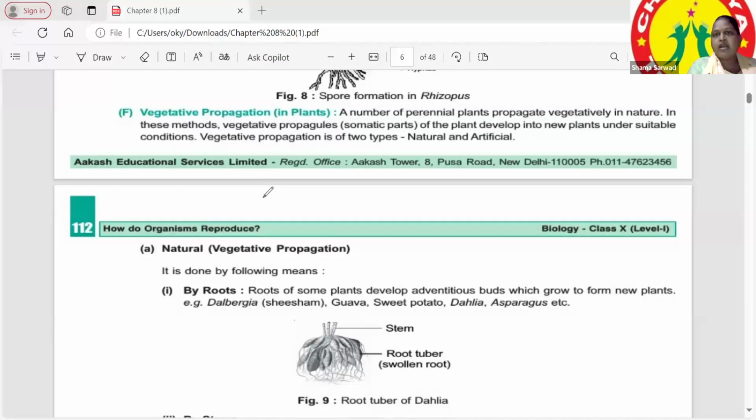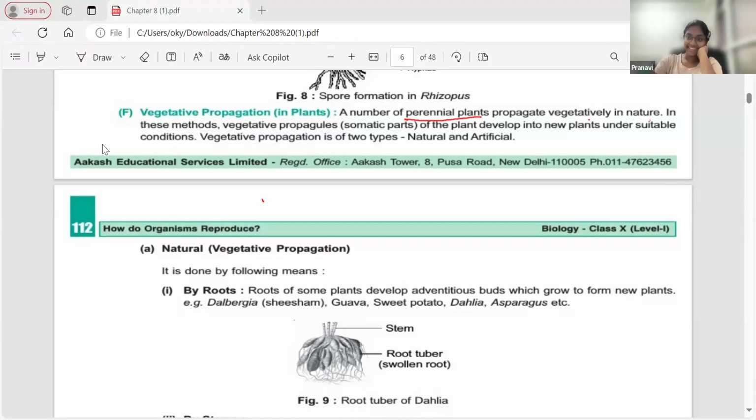A number of perennial plants propagate vegetatively in nature. Perennial means what? Perennial means the plants which have distinct organs, like root, stem, leaves. The plants which don't have distinct ones will be bryophytes, pteridophytes, like hydra. So perennial plants propagate